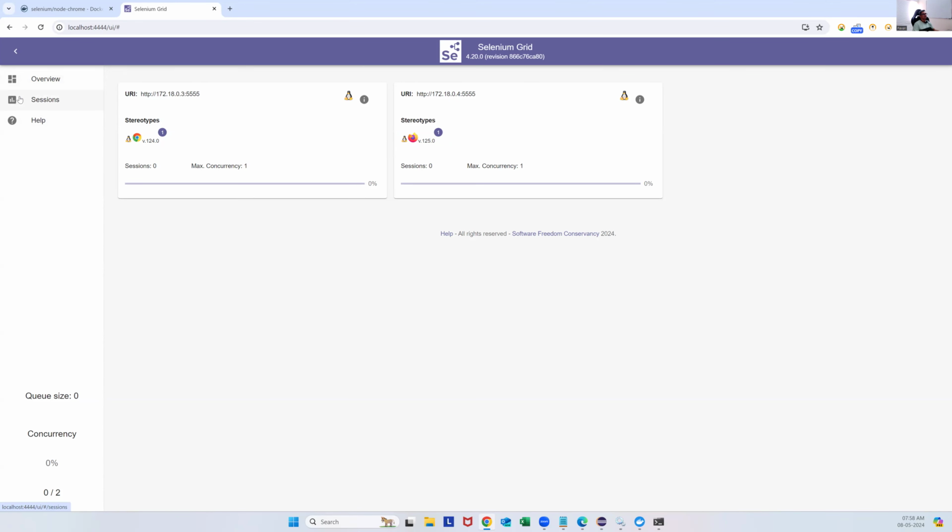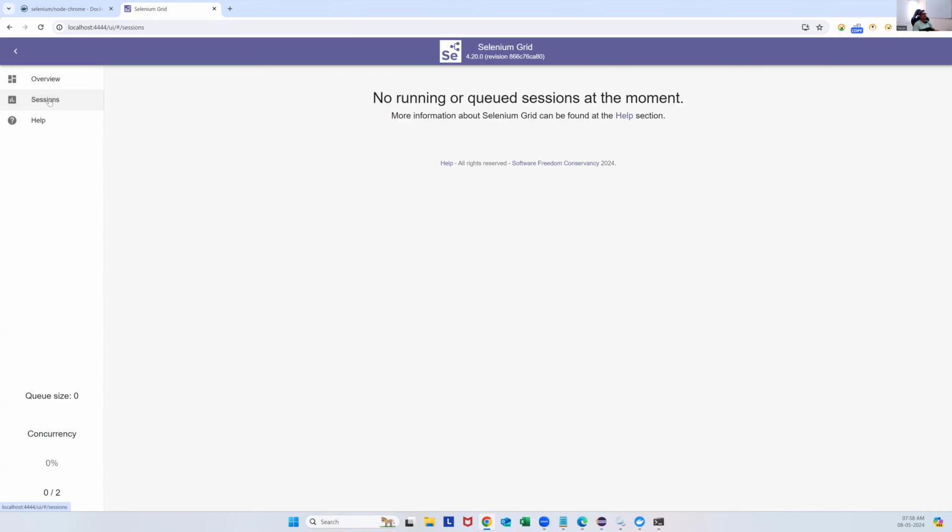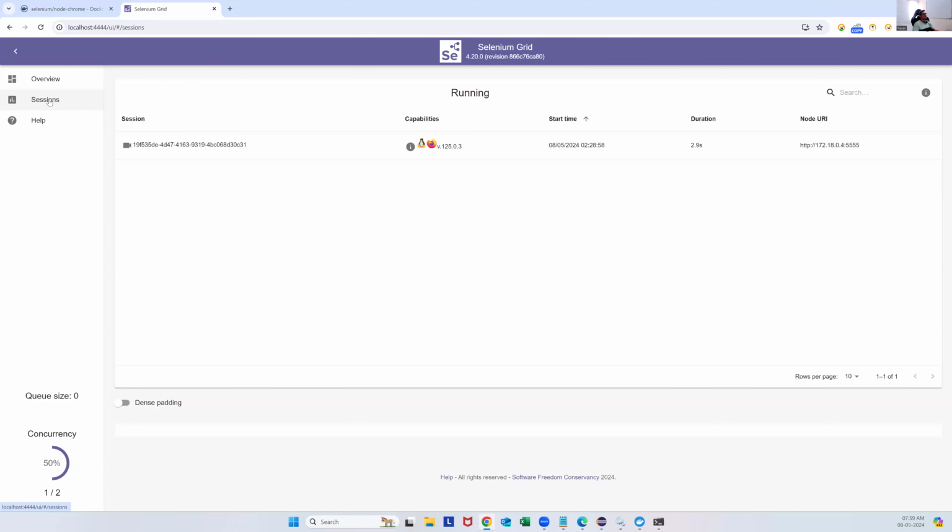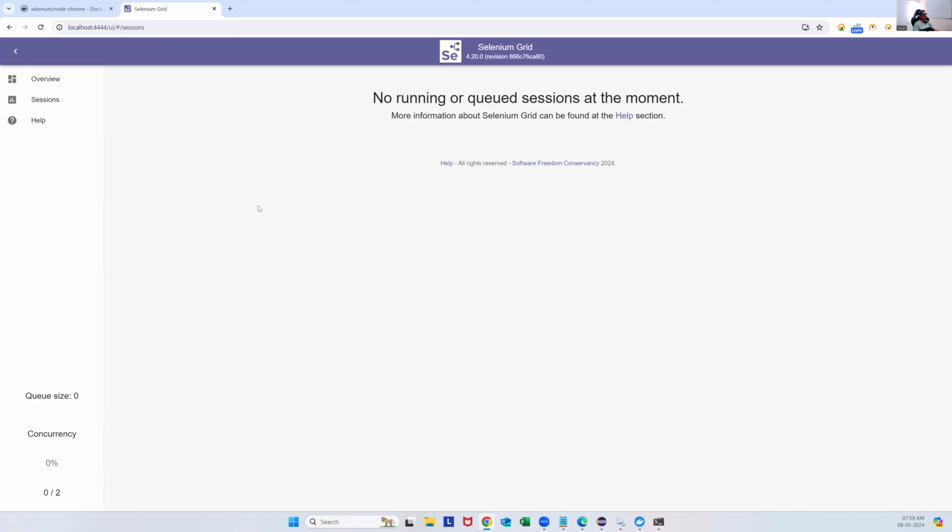The second node I'm executing, go to the sessions. Now it is going to create a new session and the test will be executed. See this? Now on the Linux, Firefox browser node got created. Now the test is executing. Now execution is done. And if I again go back and see,